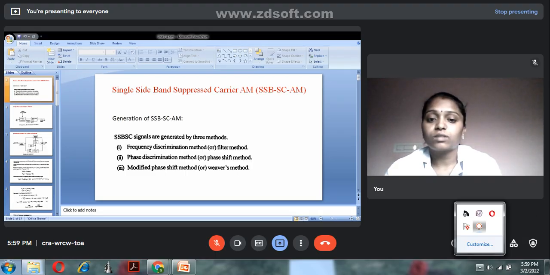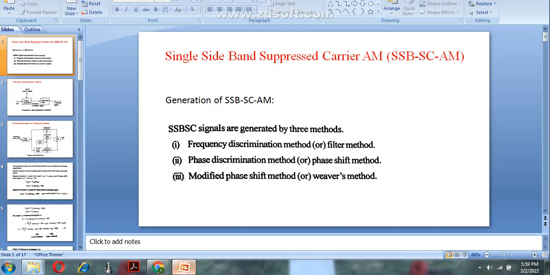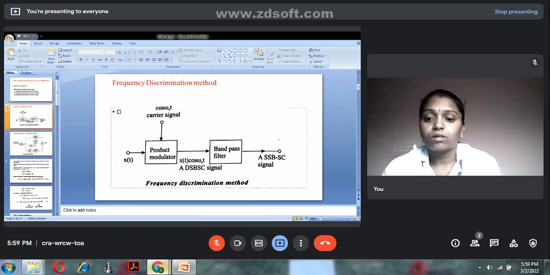So in this first method, frequency discrimination method or filter method, the message signal, that is x of t, and carrier signal, cos omega ct, will be applied in the product modulator. The output of the product modulator is x of t into cos omega ct, that is a double sideband suppressed carrier signal, present at the output of the product modulator, and this signal will be applied